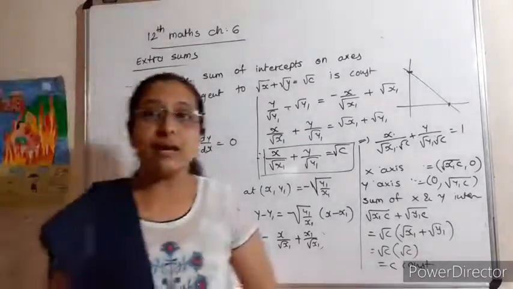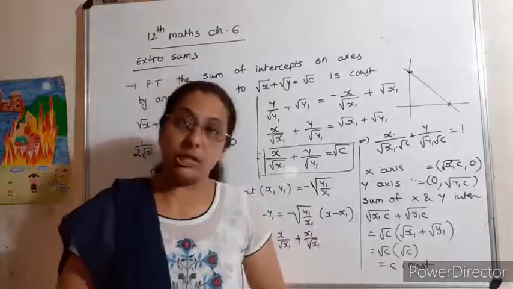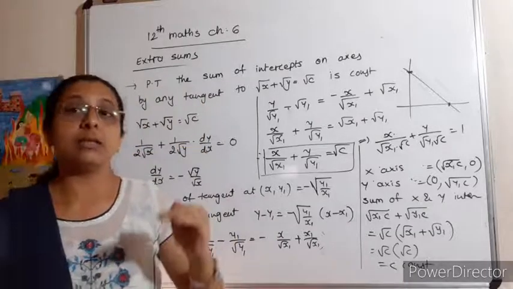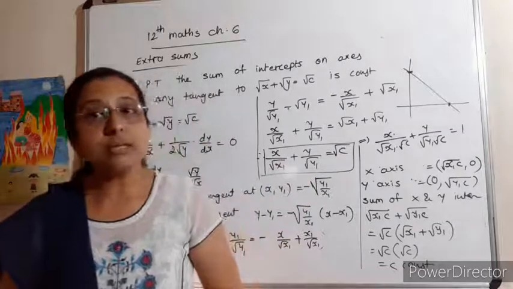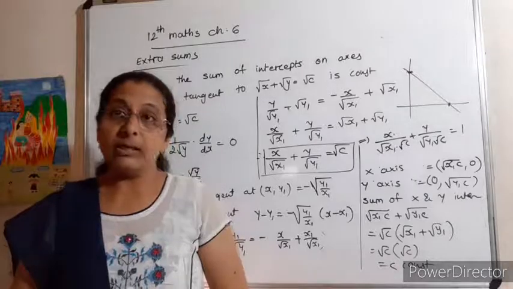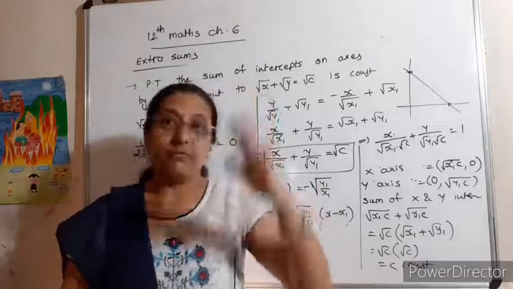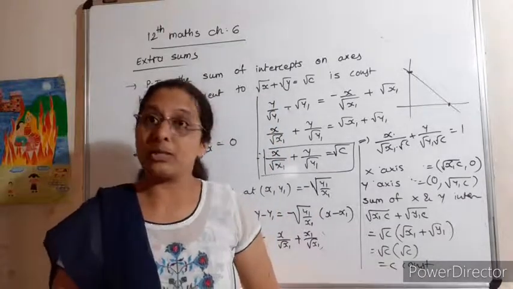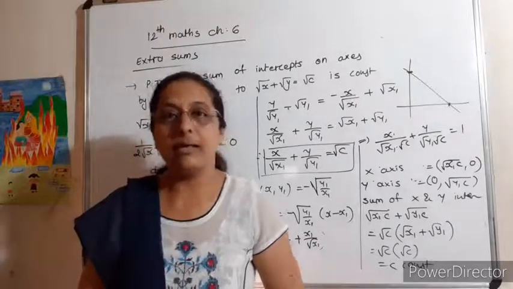Now this is the end of this session. We have done some extra sums for the tangent and normal. I hope you have understood the whole concept, from the definition of tangent and normal onward. How to do the sums, you will do it yourself now. Make more practice. Then we will meet for the next session with the next topic, that is approximation, which is a small topic and easier. Okay, so goodbye. Till then, we'll meet again.